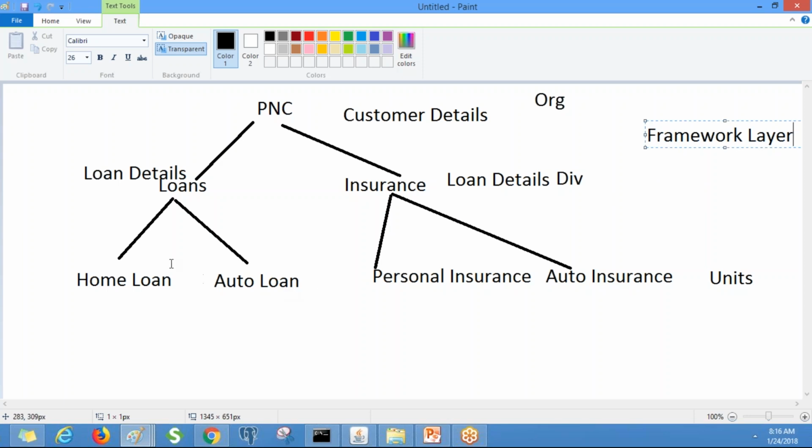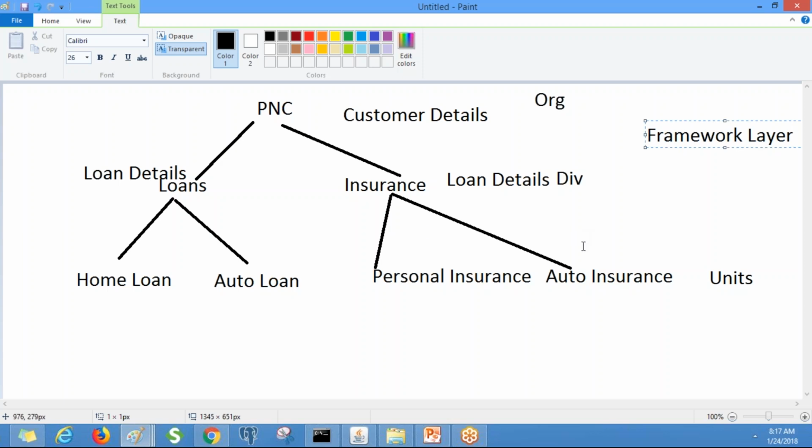So we will not create those things under the division. We will create only the specific things which are required for home loan and auto loan, so this is organization specific. The framework layer contains the general process. If you take any kind of loan application, you will have the same process across organizations, so we can directly inherit the things from the framework layer.